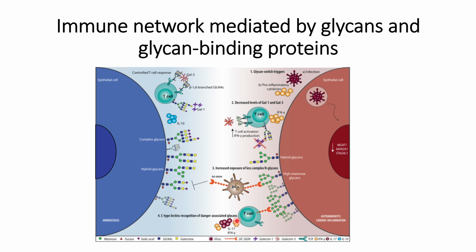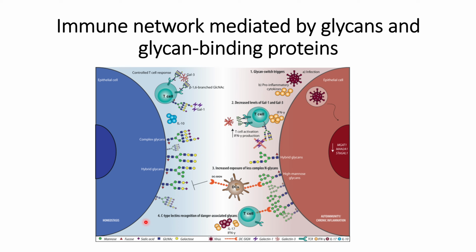of danger associated glycan. So the C types of the glycans are recognized. It is similar to case 3, in which the glycosylation profile is changed, but in this case 4, instead of high mannose glycans, they are C type lectins of danger of the glycans